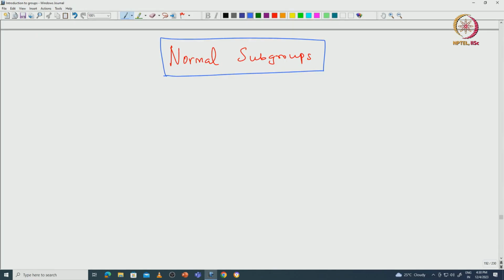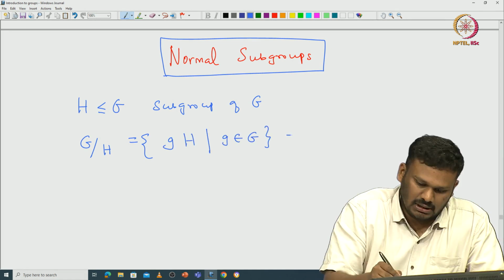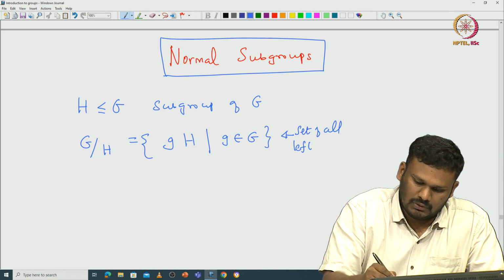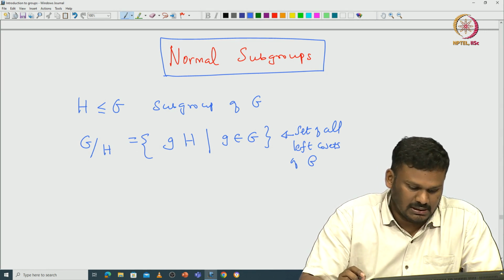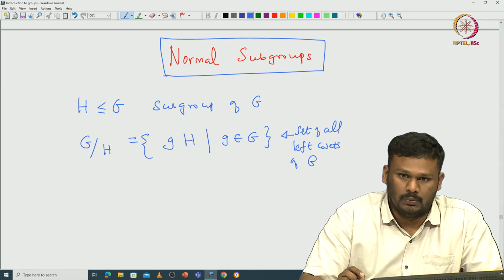So, you start with the subgroup H, which is a subgroup of G. Then look at all these left cosets, G modulo H. This is given by gH, where g is in G. These are the set of all left cosets of H. We have seen many examples for which this G modulo H naturally becomes a group, with